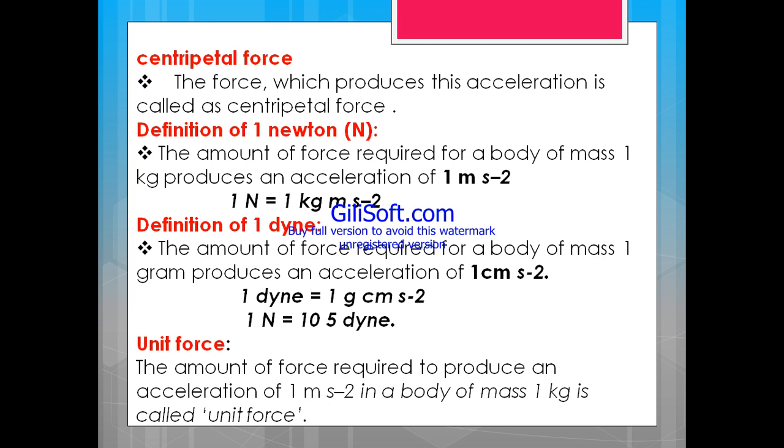And next we are going into the definition of 1 dyne. The 1 Newton that we saw previously is the SI system. The unit of force in the SI system is Newton, and we saw its definition. Now we are seeing about 1 dyne. It is the CGS system. In the CGS system, instead of 1 kg we are going to use gram, and instead of meter we will insert centimeter. Only the system is changing, but the concept is the same.